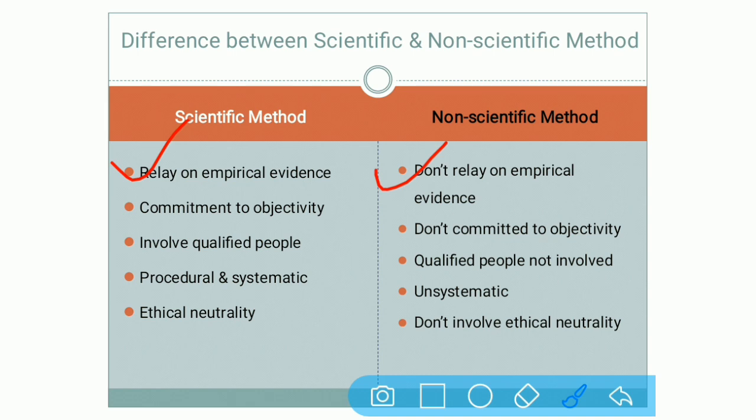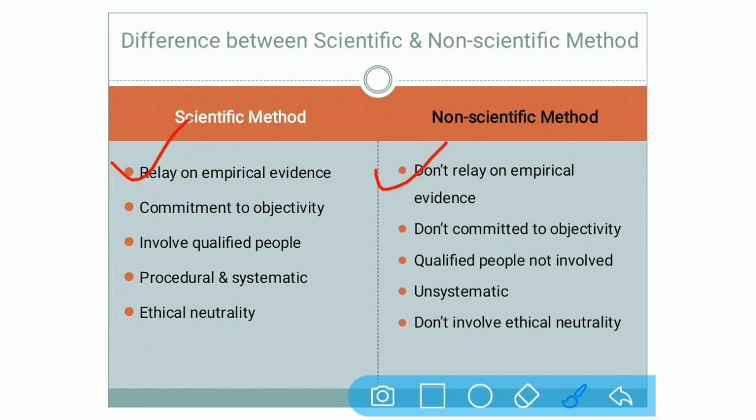There is no evidence, there is no trial and error. Empirical, I have explained in the last video also. Empirical means again and again, by trying, whatever research is done, by trial and error repeatedly. If you are doing repeated surveys on the same type of customer, that is your empirical study, and for that also you are generating proofs.